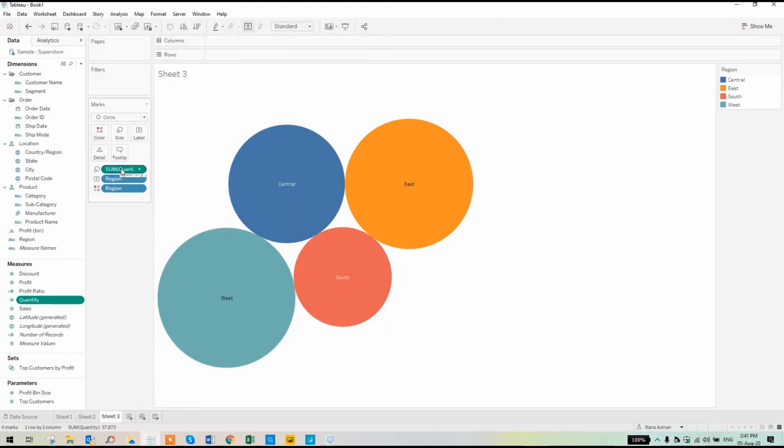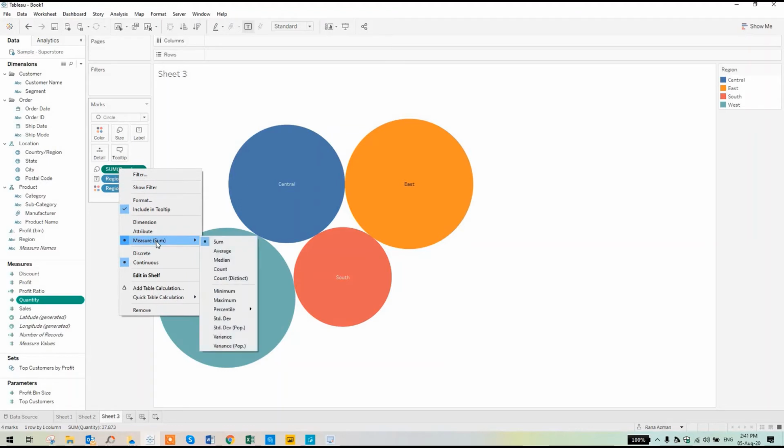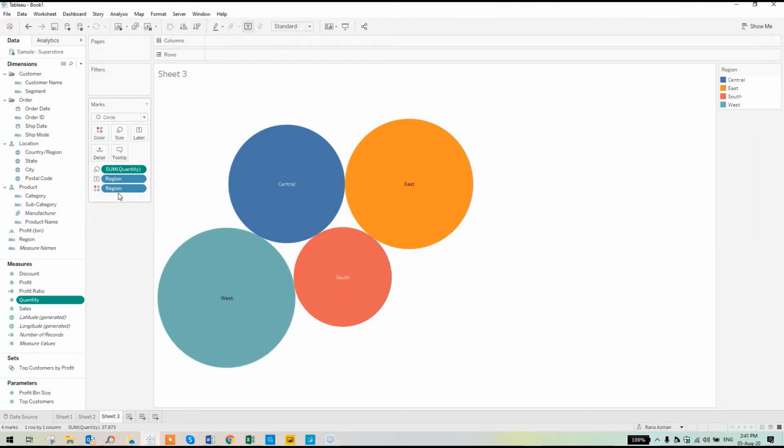If you click on this quantity field in the view, this whole area is called the view. If you right click on that, you should be able to see that there are different types of aggregate functions like sum, average, median, count distinct, minimum, maximum, percentile. These are basic arithmetic or mathematical functions which we have to get hold of. By default all the measures are sum, and sum means it is summing up all the values and then breaking it down by different regions. As you can see, here I have broken it down by different regions. So that's how it's created.